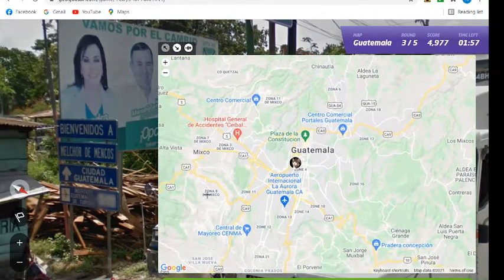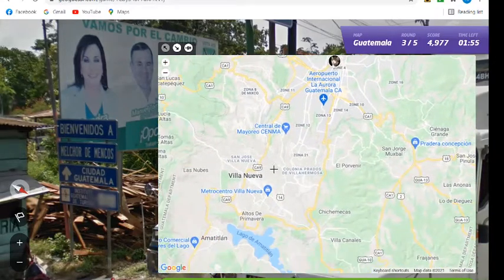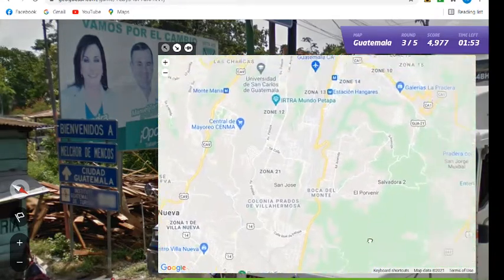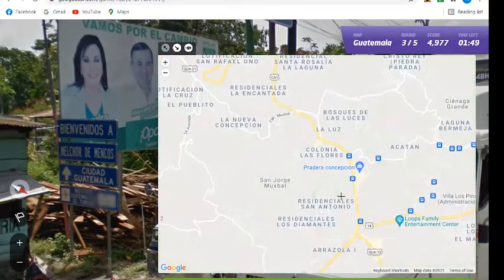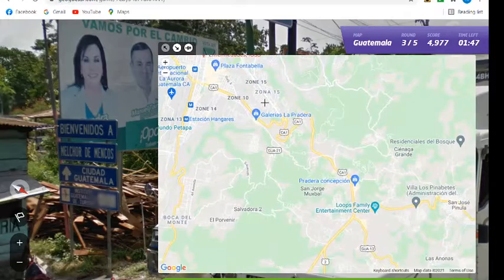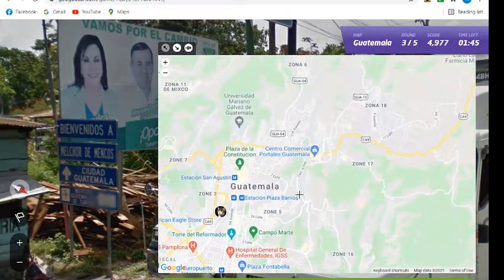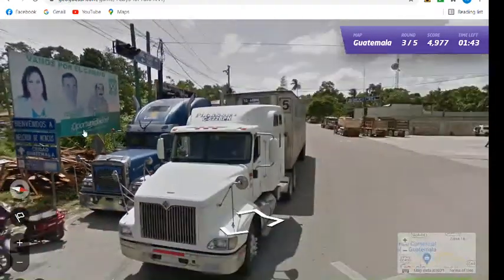Not obvious. There's Mixco. There's Villanueva. No, not noticing anything obvious. Okay, so